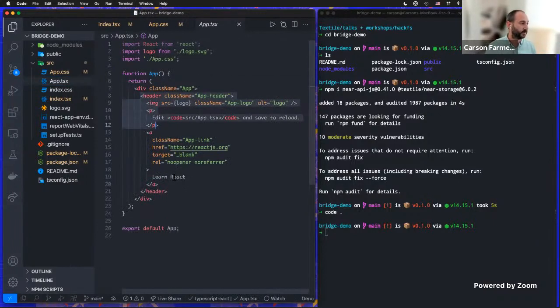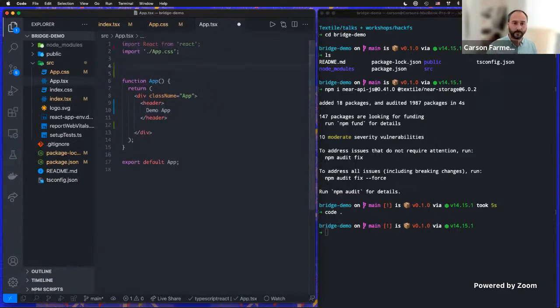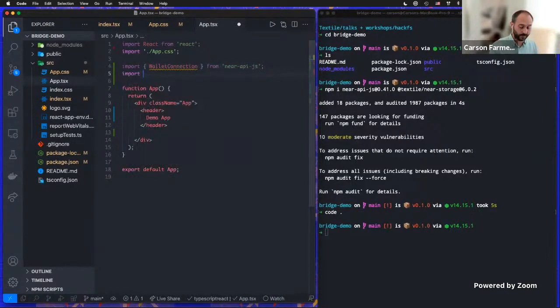So next step, we're going to jump into app.tsx, and we're just going to clear it all out pretty much. We don't need any special thing there. We'll call this our demo app, perhaps. And now we just have to add some imports. So we're going to import wallet connection from near-api-js, and we're going to import, this is just for TypeScript actually,